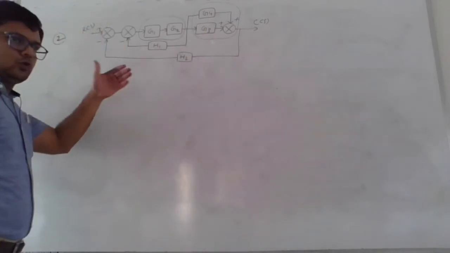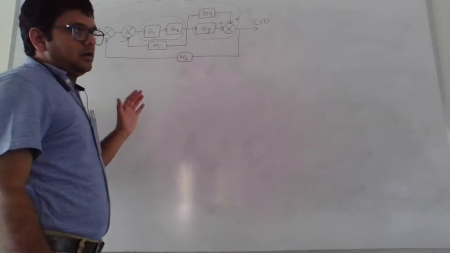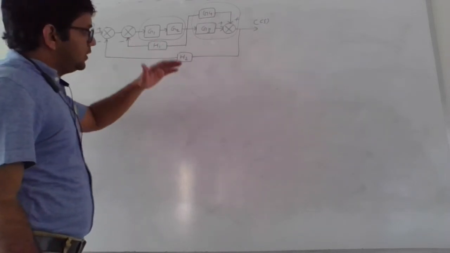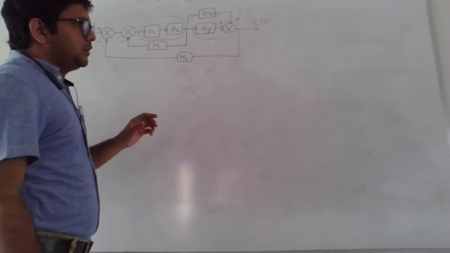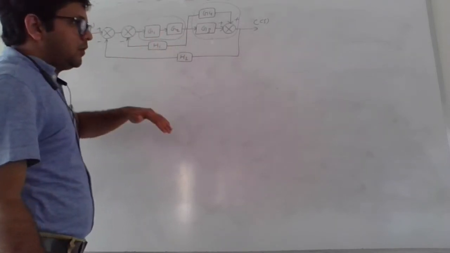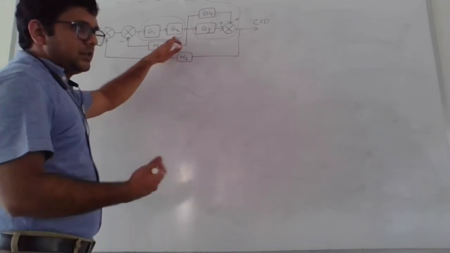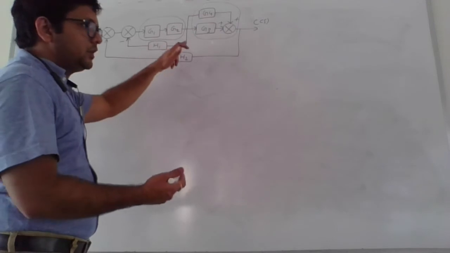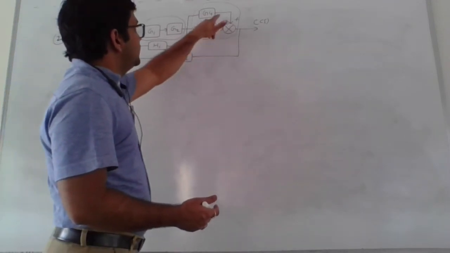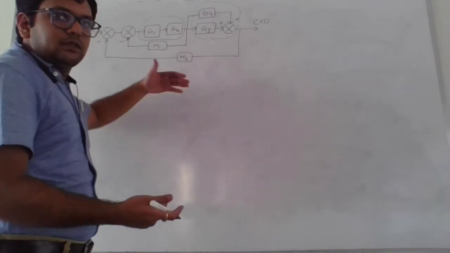So you can write two different steps for each, or you can merge them and redefine the structure in a single step, in which you apply both techniques simultaneously. That means in step 1 you can write: solving G1 and G2 in series combination, so the effective is G1 into G2. In the same way, solving G3 and G4 in parallel, so the effective is G3 plus G4, and the modified structure is given directly.